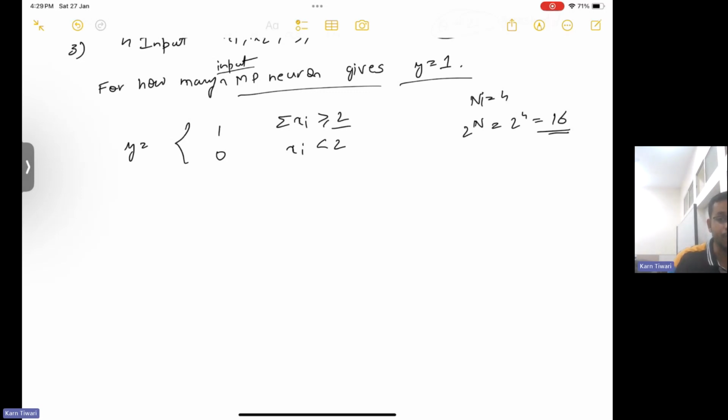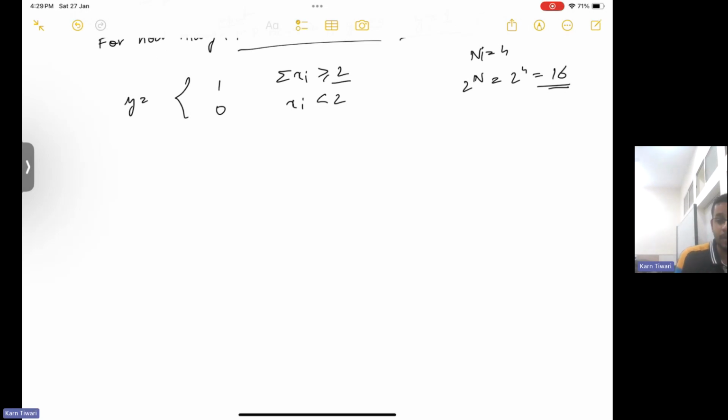Okay, at least 2 of them should be 1 or greater, meaning out of 4, at least 2 of them should be 1. That's it. So the opposite is at least... meaning only one of them is. The total 16 combinations we know are there. Total MP neuron inputs are there. Out of that, we need